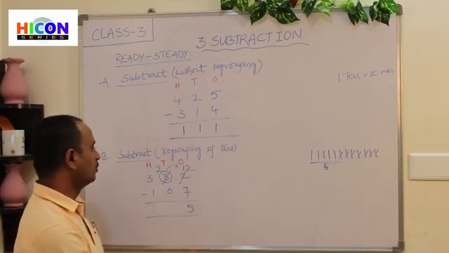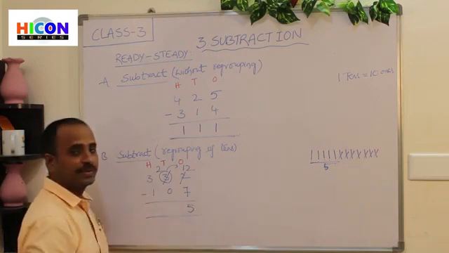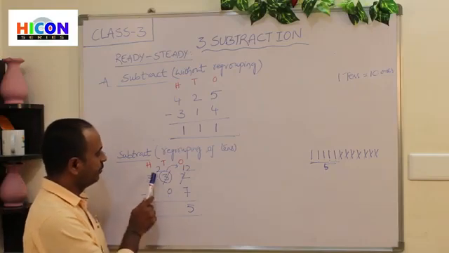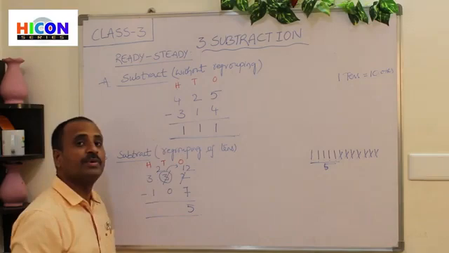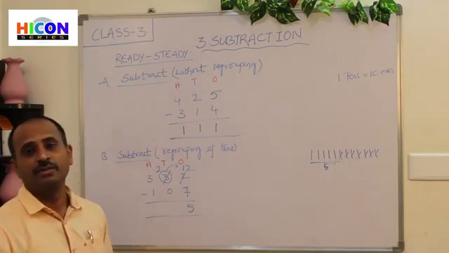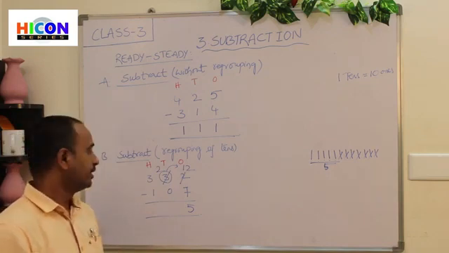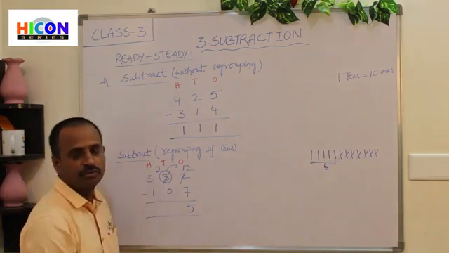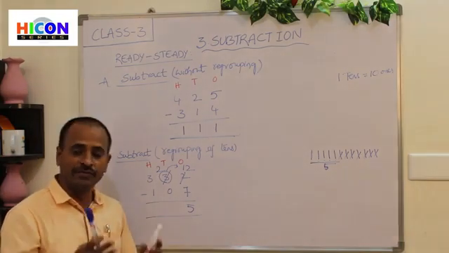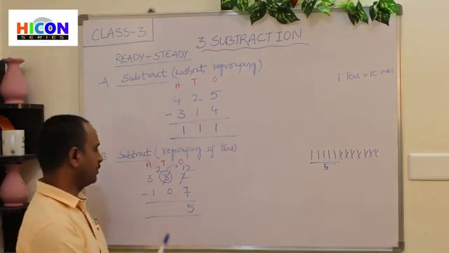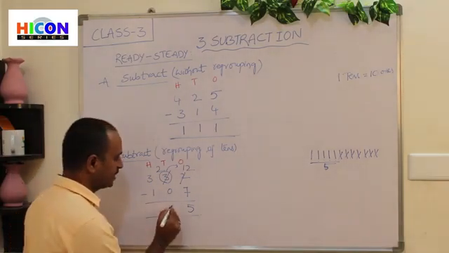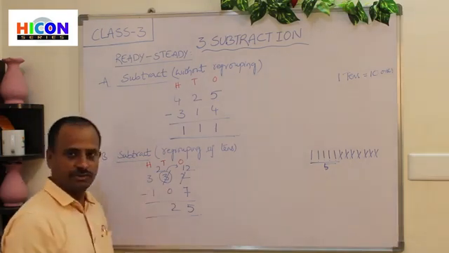So next, go to tens place. So what are the digits present under tens place? 2 and 0. So subtract 0 from 2. So do you remember the subtraction facts? Children, what are the subtraction facts? In the subtraction facts, if we subtract 0 from any number, again we will get the same number. So if we subtract 0 from 2, again we will get 2. So this is the subtraction fact. So the answer is 2.